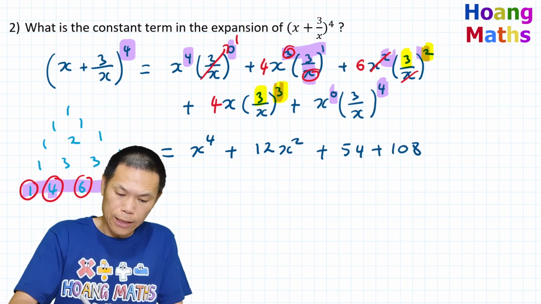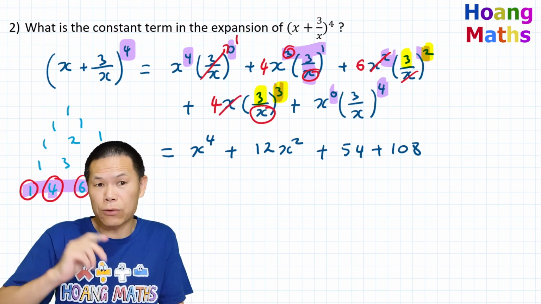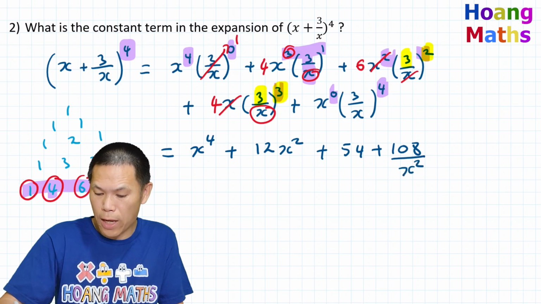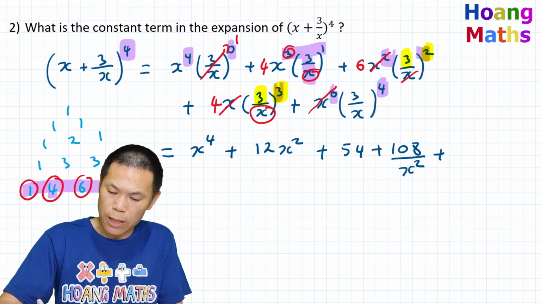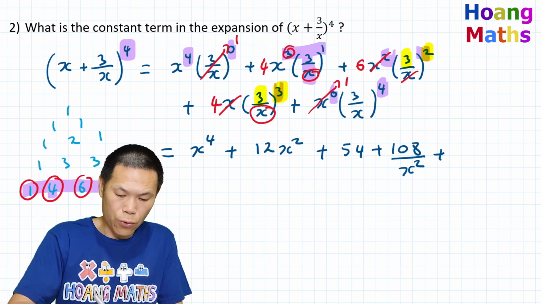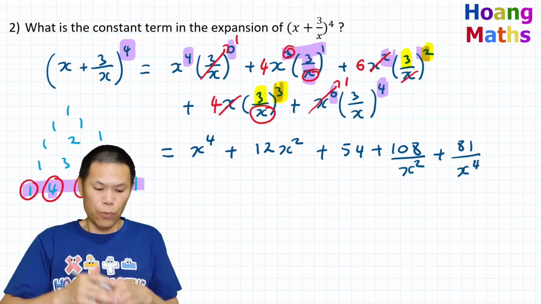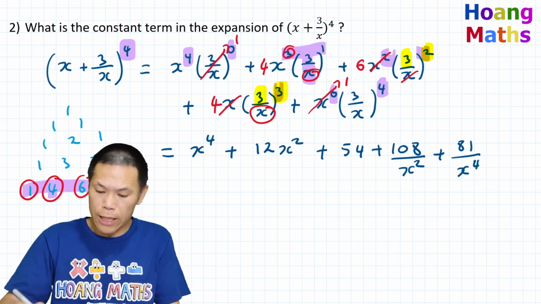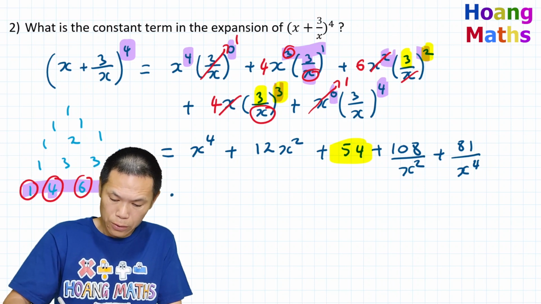108, and this becomes x power 3. So x divided by x power 3 gives me x squared. But we over x squared, and then we add, so x power 0, that gives me 1. So therefore 3 power 4 is 81 x power 4. So there you go. So constant term is the term that is independent of x, if you like. So this is the constant term. So therefore,